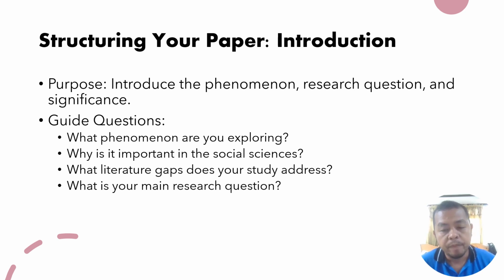And after that, you write your gap. You cannot write the gap without proof for it; there should be a literature review before it. That's why you write the phenomenon first, then why it is important in your field of study, and then the literature review in a topical way. Of course, do not forget in-text citations, and also in the phenomenon and its importance, you also write in-text citations.